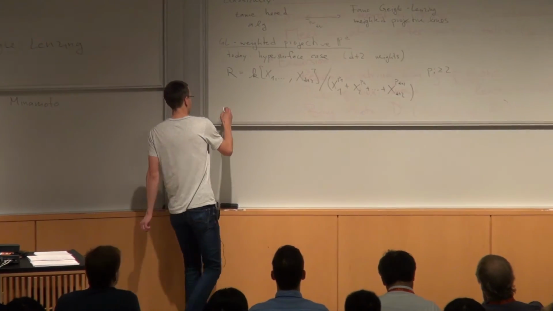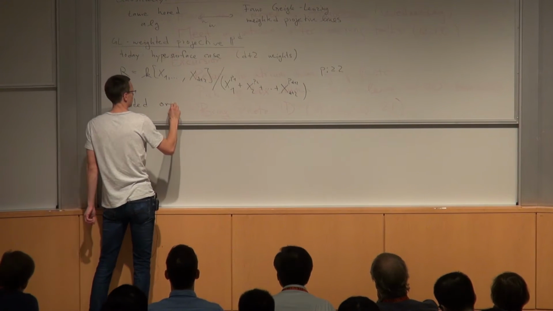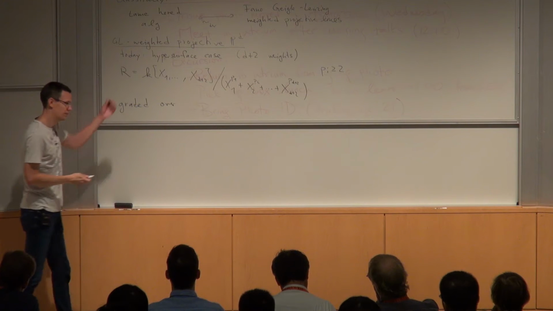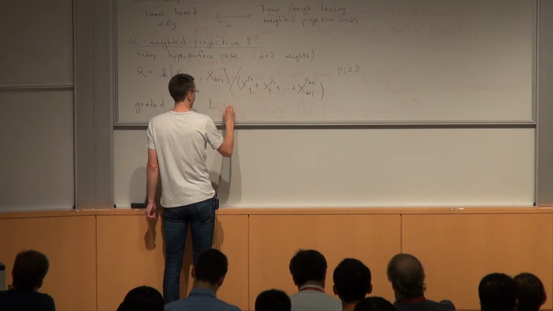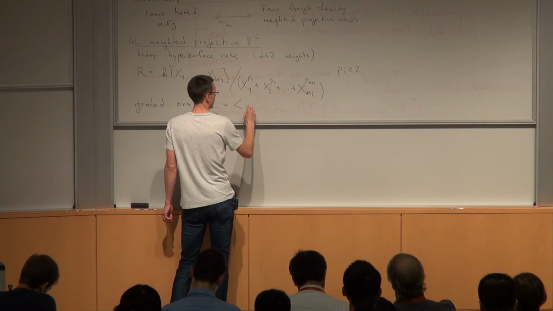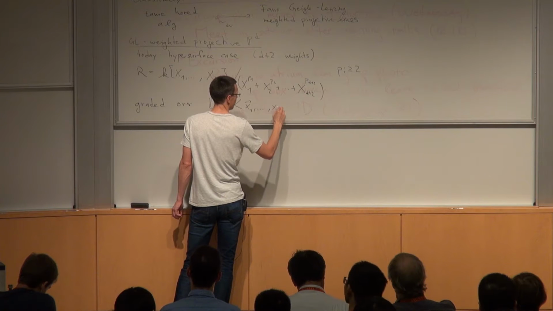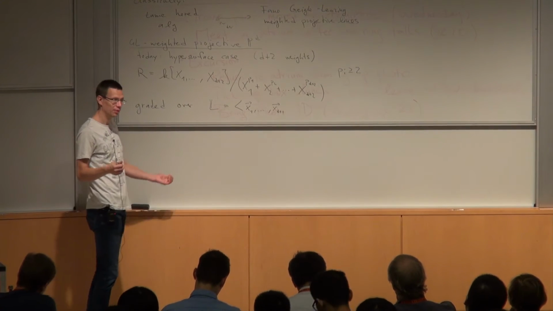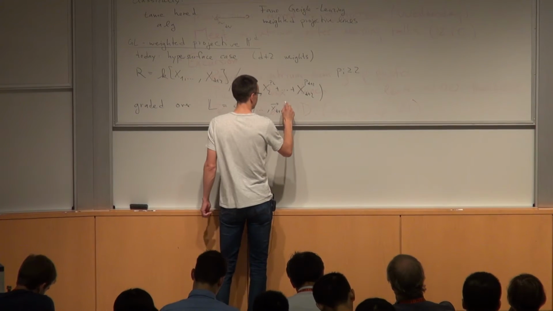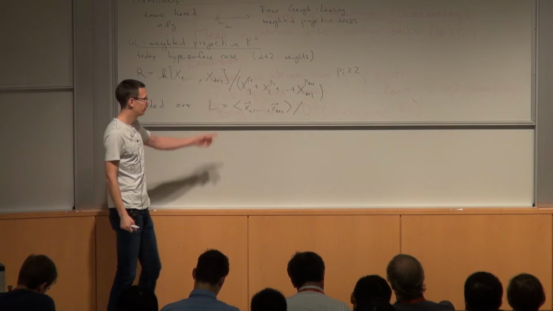This is graded over some abelian group that's made essentially to grade this ring. So we take the abelian group L generated by symbols x1 up to x_{d+2}. So for each variable we just invent a symbol. And then we have to make sure that the polynomial